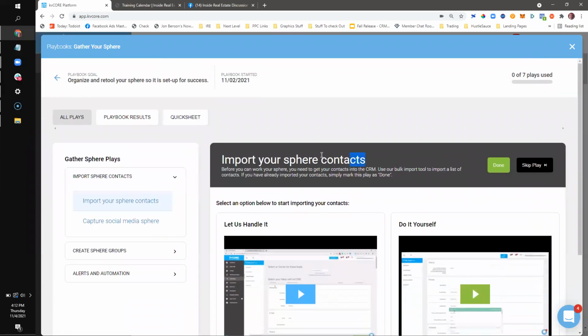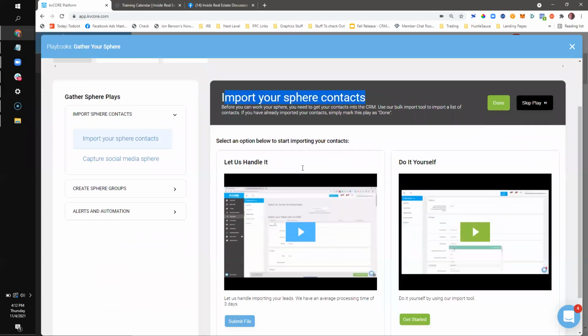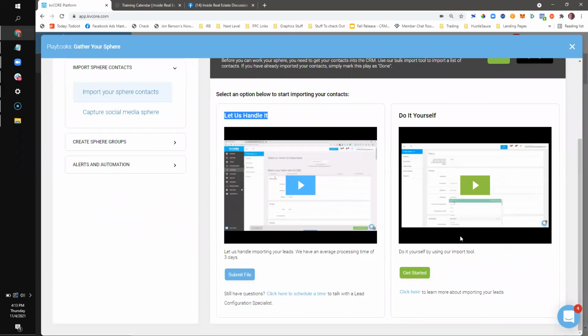First off, it'll walk you through getting your existing contacts imported. Christian, I know a lot of people who are using kvCORE and they've got maybe a couple hundred people on alerts in their MLS system, or they have Top Producer from 5 years ago, and a spreadsheet somewhere with a couple thousand leads on it. It has all this data on it, and they're like, well, what do I do with it all? How does this work, or how do I import it? So first step, take that data. Our team will actually do it for you. There's a video here that explains the process. If you're a little more tech savvy, you can definitely use the self-serve import tool.